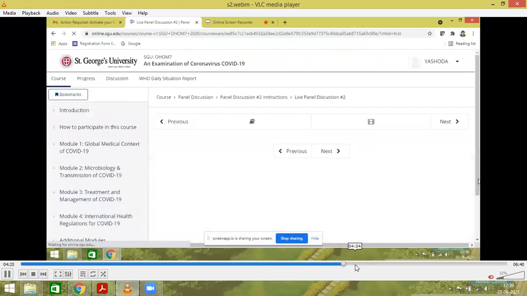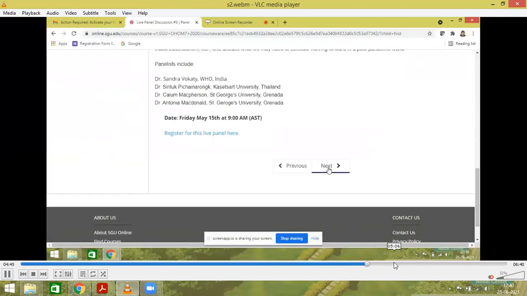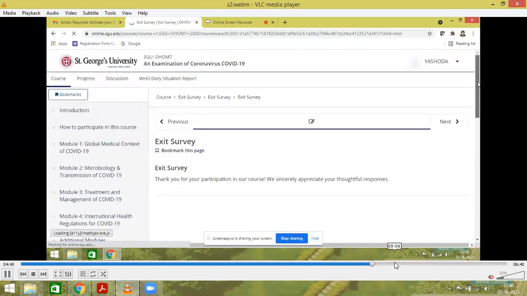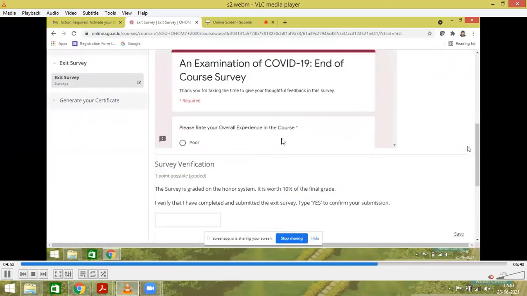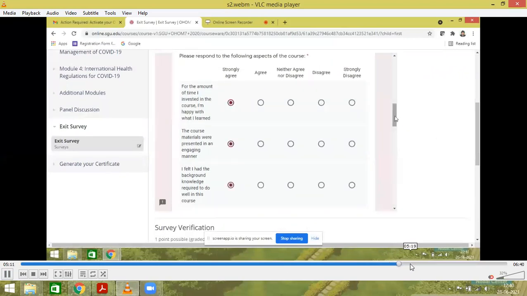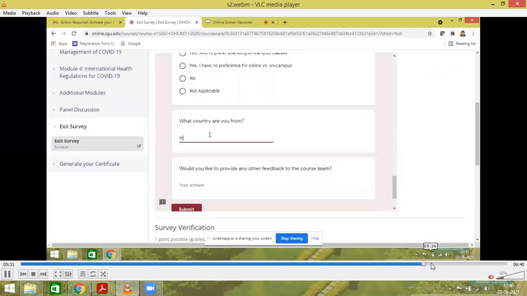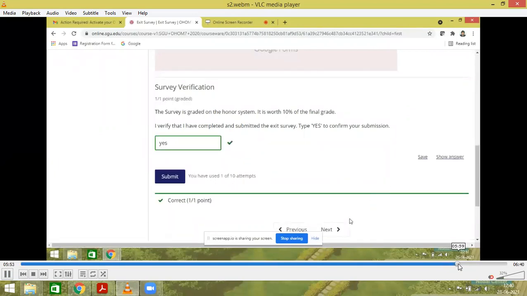So at the end of the session, automatically, yes, no need to register for any panel or live panel discussion. Survey, yes, you must fill up this particular survey, which you are able to see on the screen. It is a must. Go for the selection. And please verify all modules and exams you are giving. For the survey verification, you can keep yes everywhere, and the numerical value is 3.